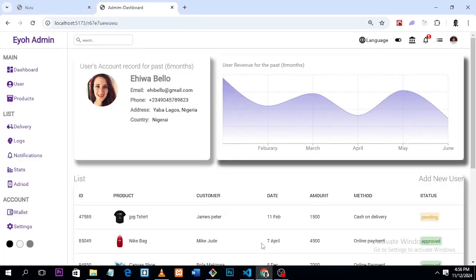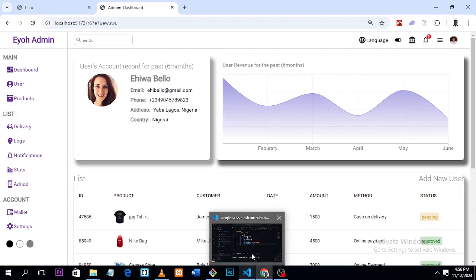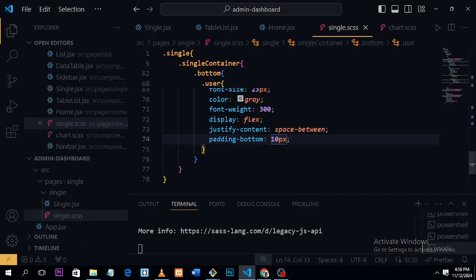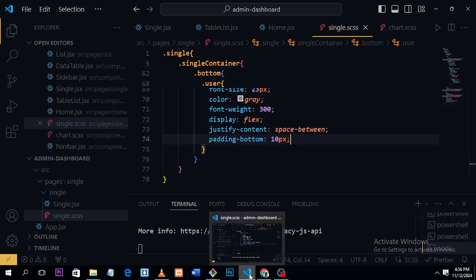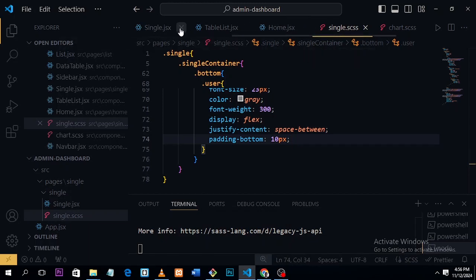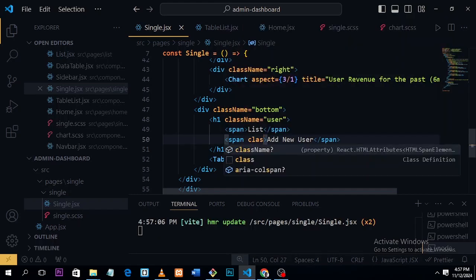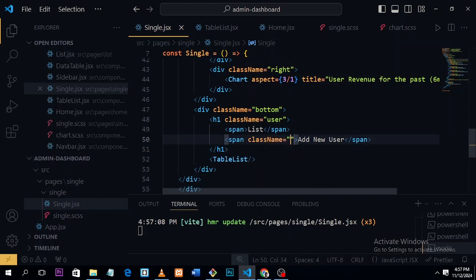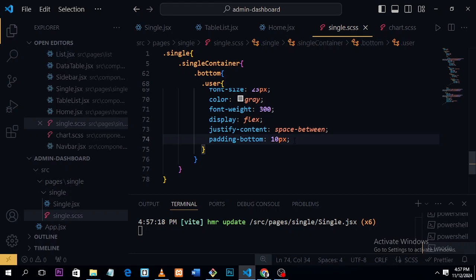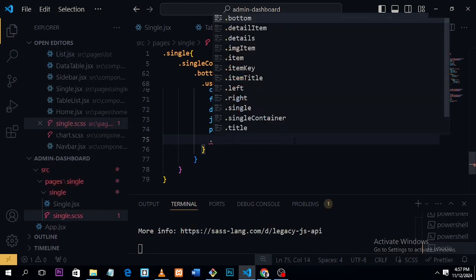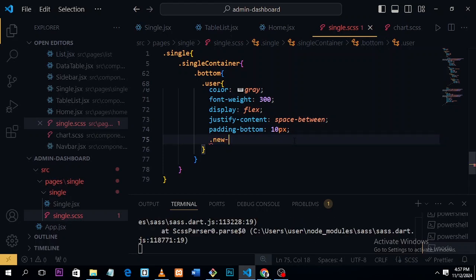Okay. So let's give this particular span a class name of new-user. Inside the h1 we say that new-user,